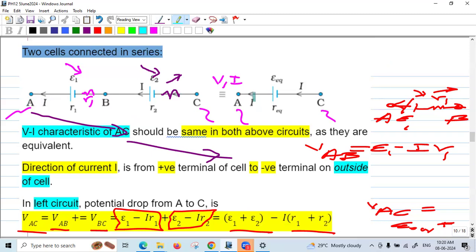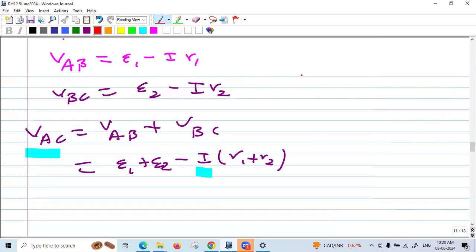Okay, so in the same way I can get the right circuit. The drop from A to C is this drop, E equivalent. There will be a drop here, and this R equivalent I can put outside, make it here. So this value is R equivalent. I'm going against the direction of the current, which is towards the left, so there will be a rise of I into R equivalent. So PAC, according to the right circuit,